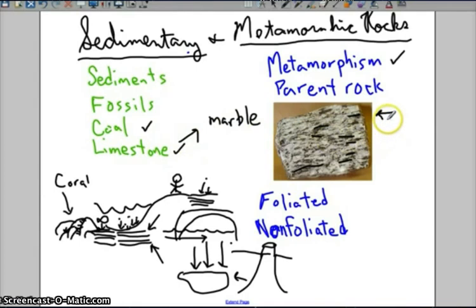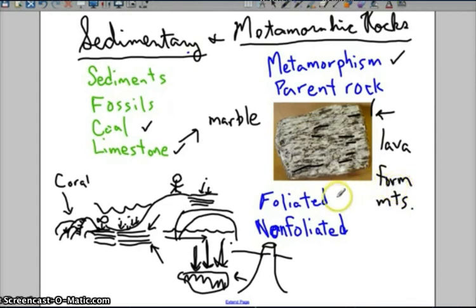Now, generally, metamorphism is over large areas. If you have large areas where you have a lot of weight from the land on top, that's a large area of rock that will be metamorphosized. But sometimes there are a couple of different ways you can have a smaller area of metamorphism. If you have areas around lava, then it can be a smaller area where you can get metamorphic rock. And whenever you have land that pushes together to form mountains, you sometimes have a smaller area of metamorphic rock there.